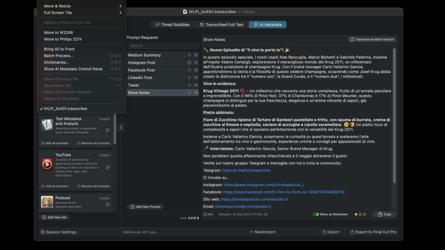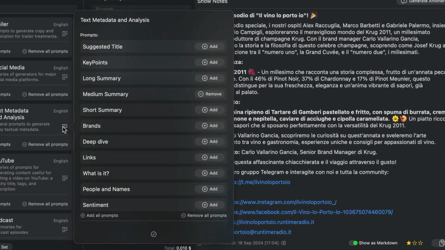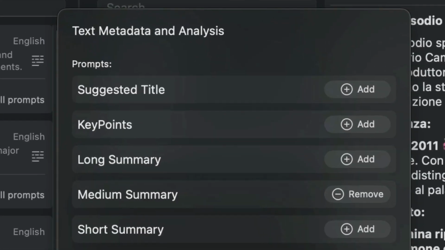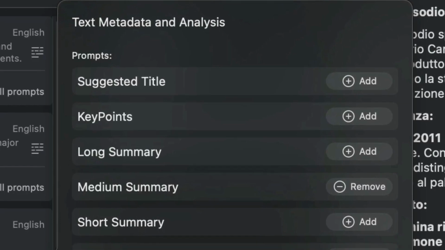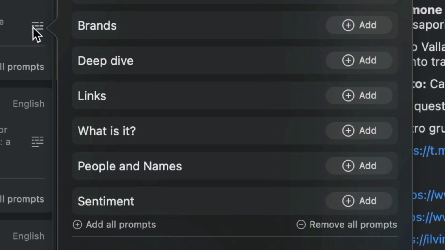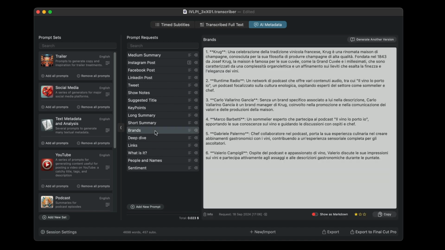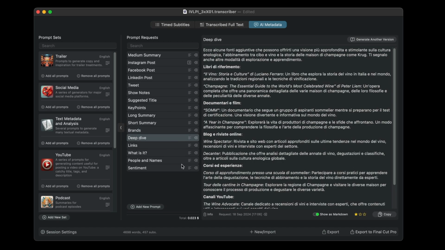In the text metadata and analysis set, we added a lot of prompts that allow you to discover very interesting things about the content that is being transcribed. For example, you can have listed all the links or brands that have been mentioned in the episode, or even ask ChatGPT what topics or sites you can visit for an in-depth look. These prompts will be updated automatically in the application.